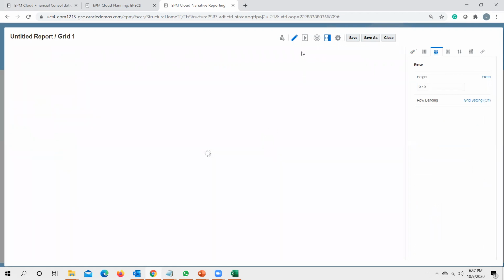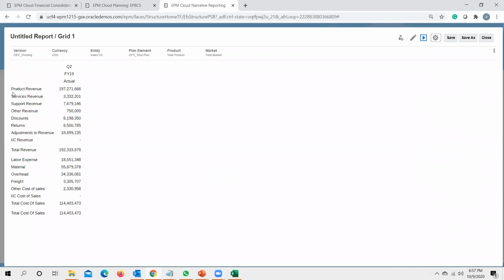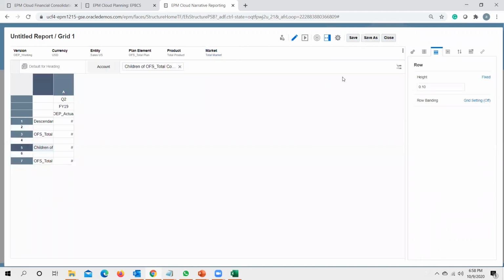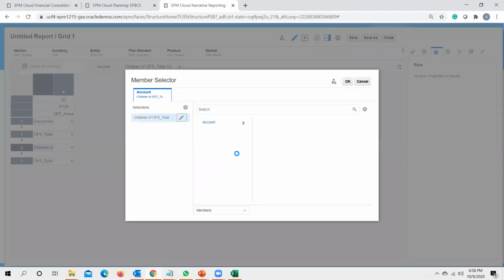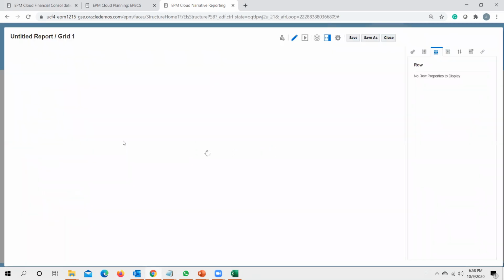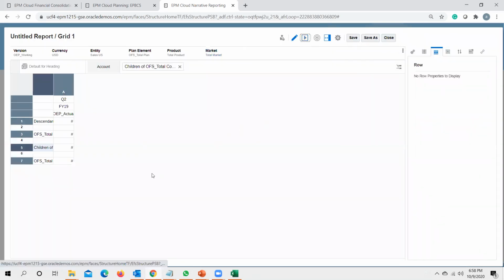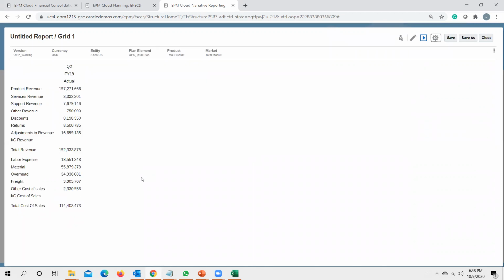Once done, let's preview. So now I'm getting my total revenue account, all cost of sales, total cost of sales. I have inclusive children in here, so I need to edit that so that the inclusion gets removed and I have a separate total cost of sales. I just remove this inclusive from here. I update, and now I can have a report built up accordingly.